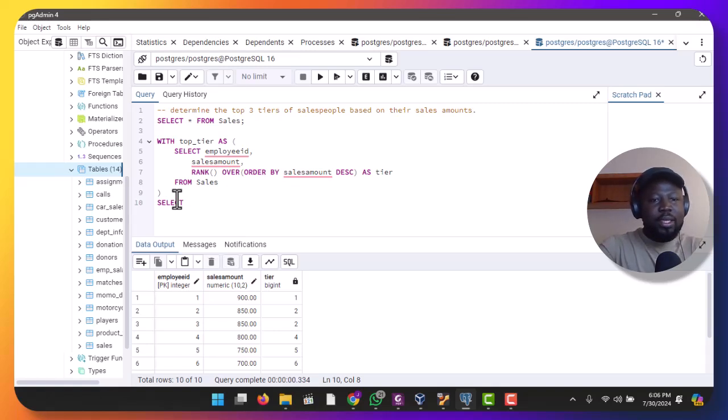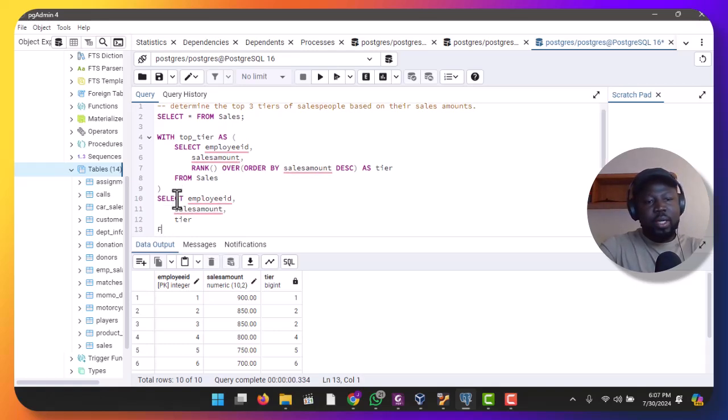So I select my employee ID, followed by my sales amount, then my tier. So I have these. Then where am I selecting them from? I'm selecting them from my CTE. My CTE's name is top tier. So from top tier,